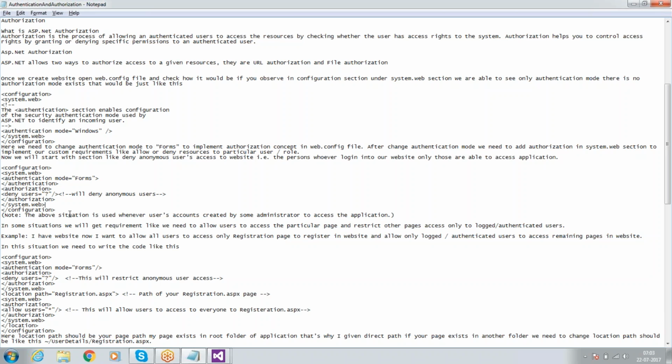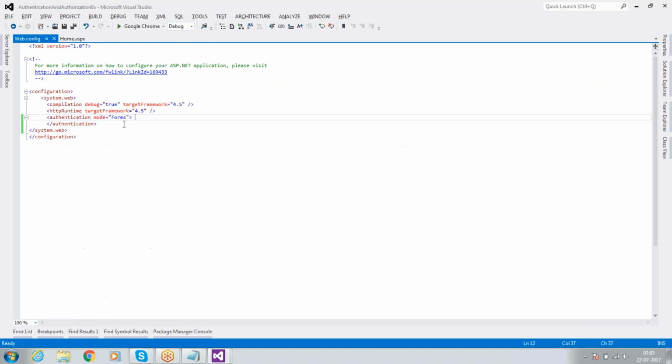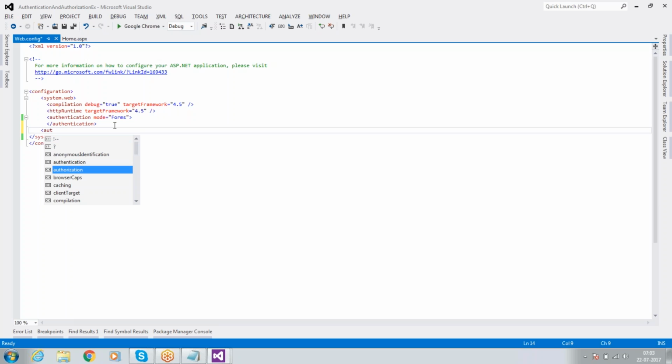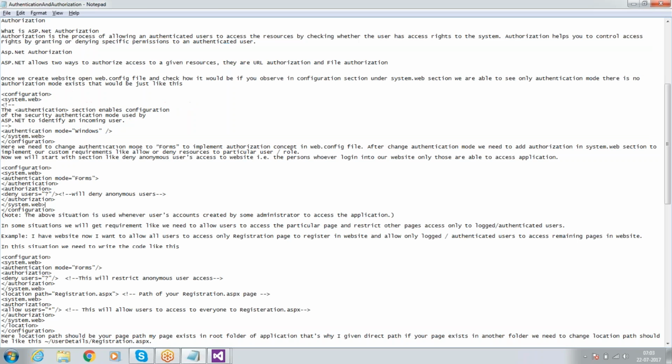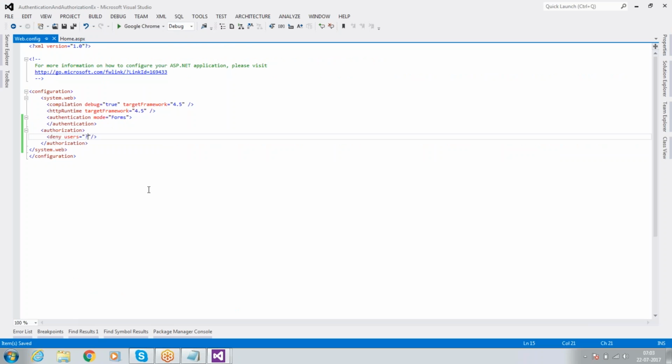So here this is forms authentication I can make use of. Once authentication is done, I have to go with authorization. Authorization is a process. Here I have two keywords, one is allow and the other is deny. Let us check what is deny and what is allow. Deny users equal to question mark, means deny means we are not providing access to the